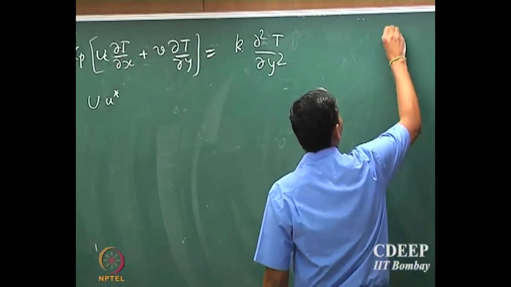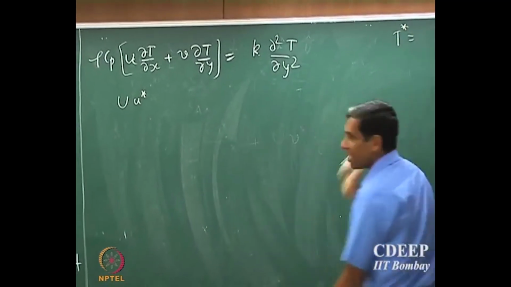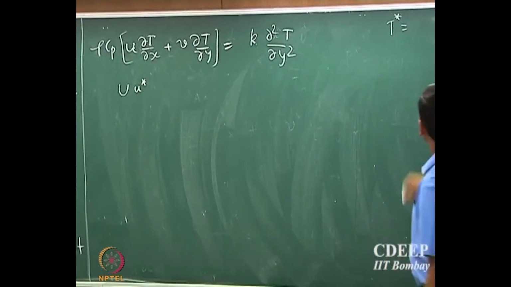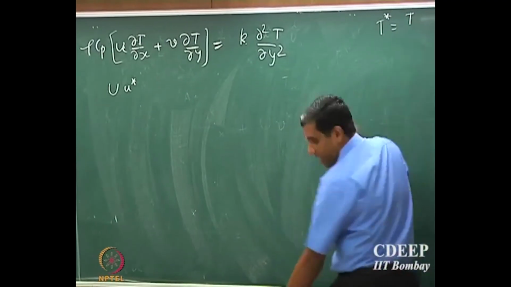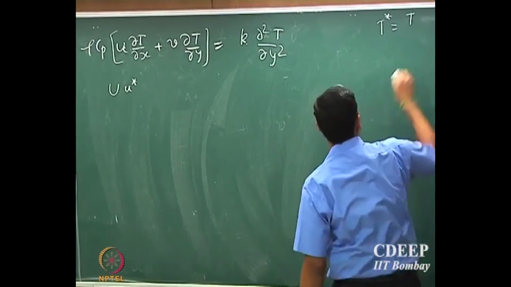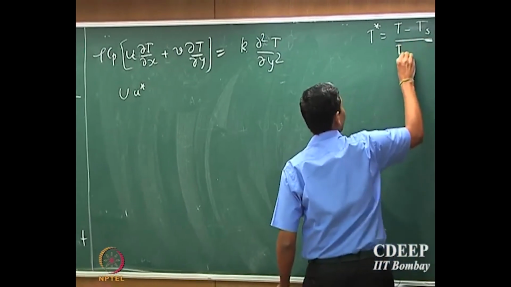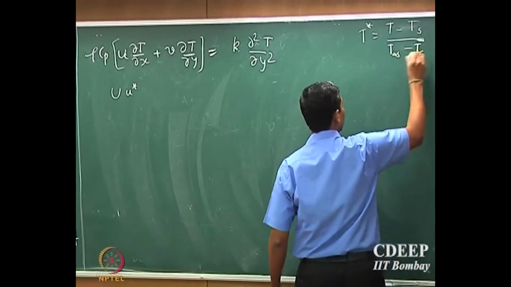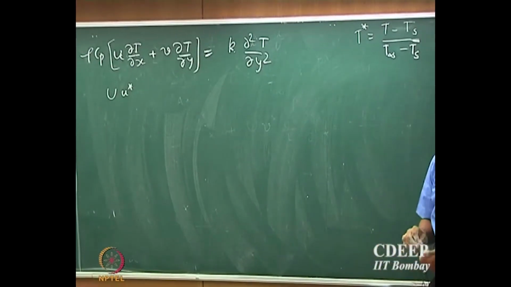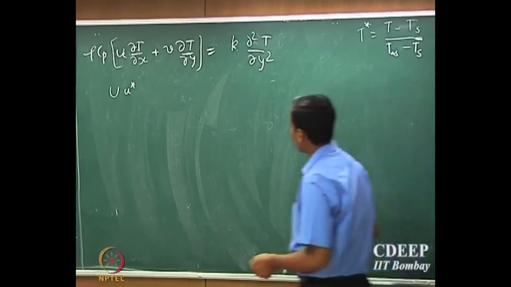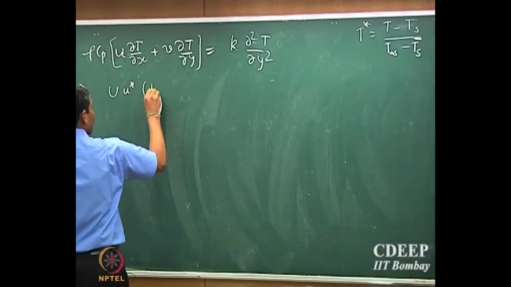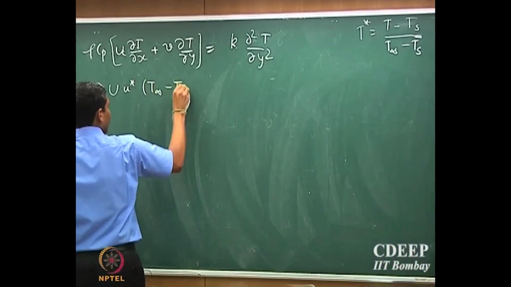So, the better way to define a scaling for the temperature is T star equals T minus T surface divided by T infinity minus T surface, okay. So, if we introduce that scaling, it will be T infinity minus Ts